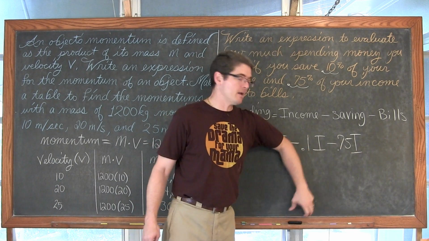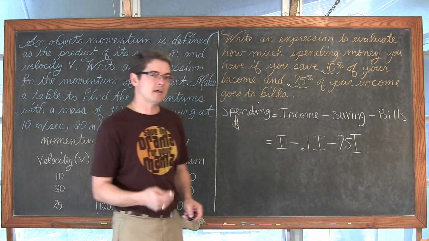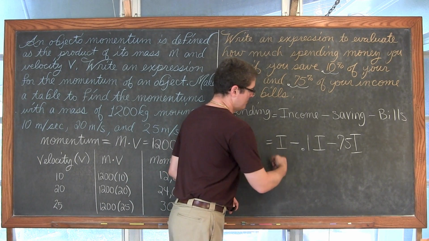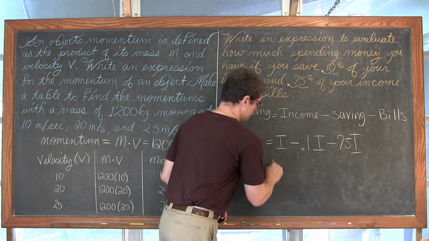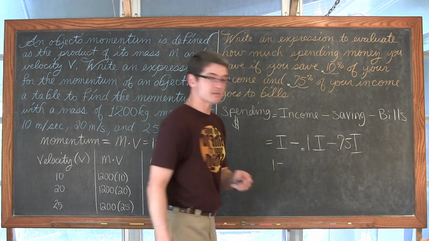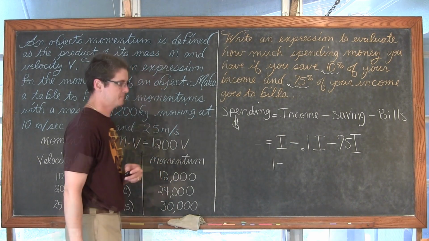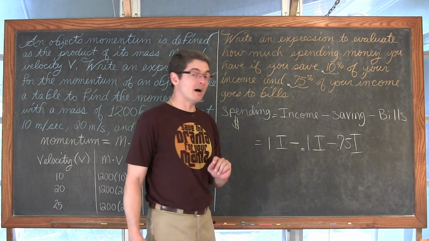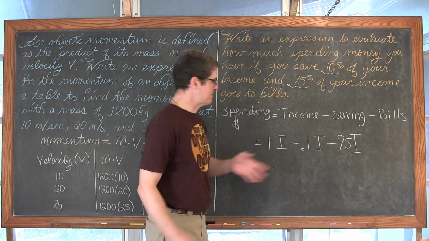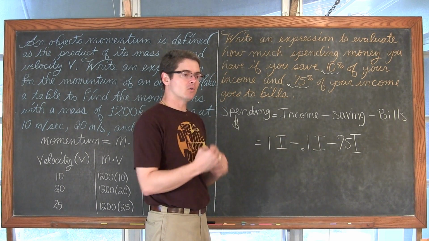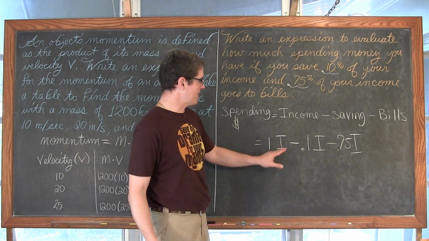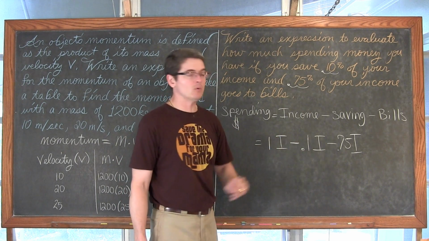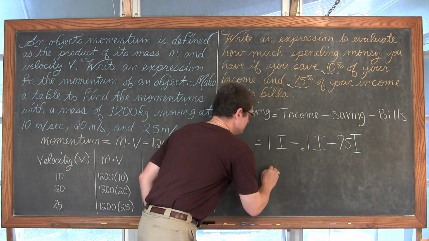So actually we can combine what we're going to really be defined later for us, which are like terms, to be 1 minus, and someone's coming, so I'm going to need to pause the video. Okay, so we have I minus 0.1I. Now, we're going to learn later a specific definition, or define like terms where they have the same variable in them with the same exponent. So I can just do the 1 minus 0.1, which is 0.9.